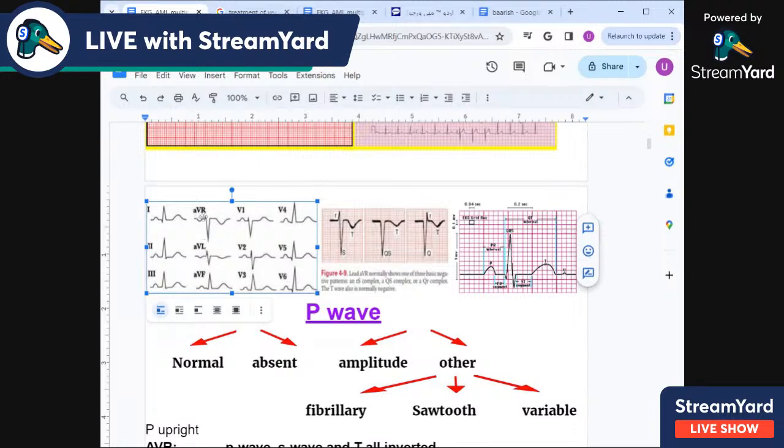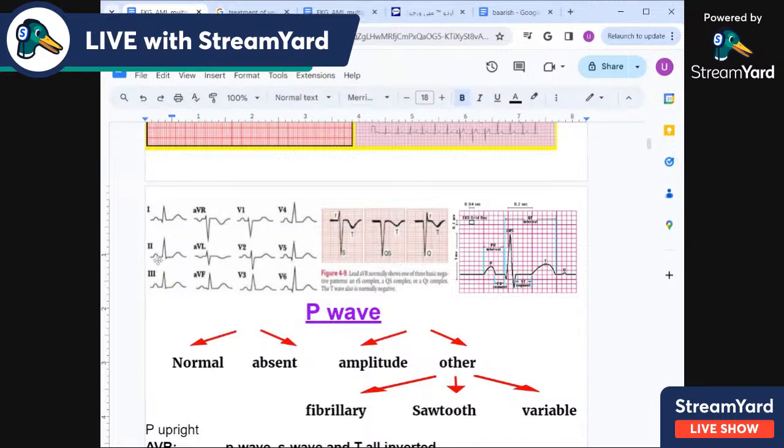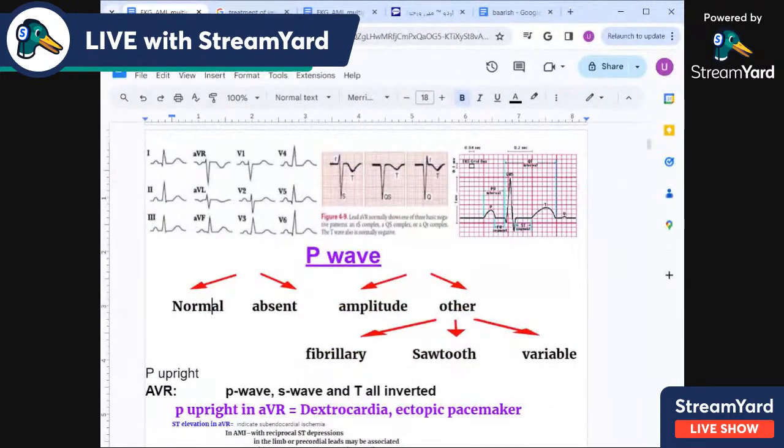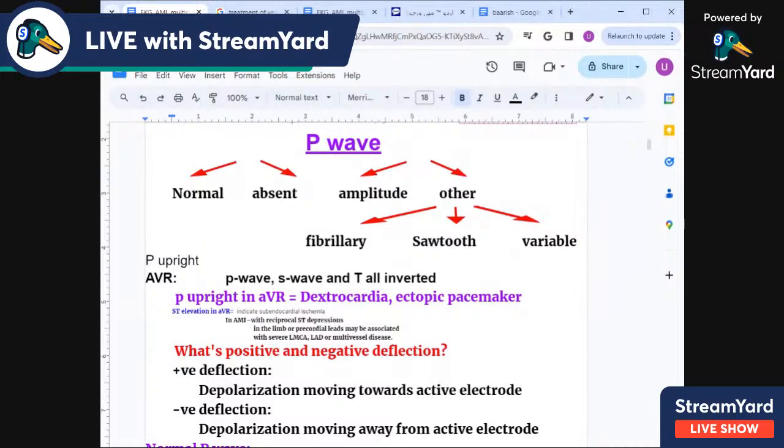What are the conditions when we have a positive P wave in aVR? A positive P wave in aVR occurs in ectopic pacemaker, and number two in dextrocardia. Also in limb lead 2, the P wave is normally upright, but it may be inverted in ectopic pacemaker. So this is the normal P wave configuration in different leads, and then we go to the absent